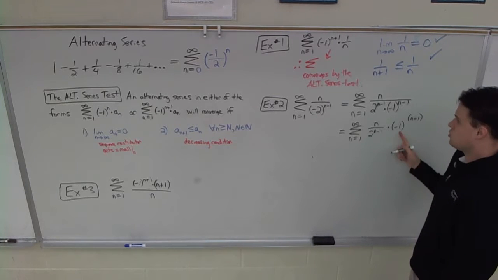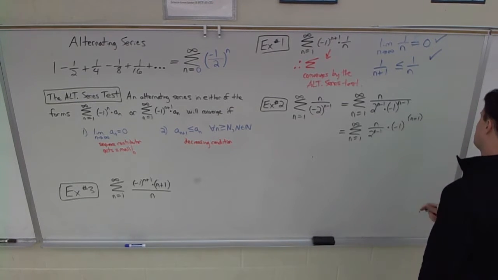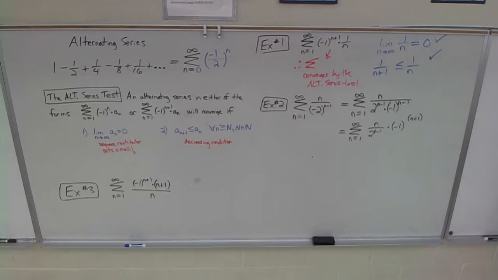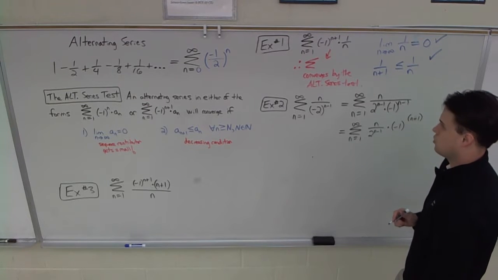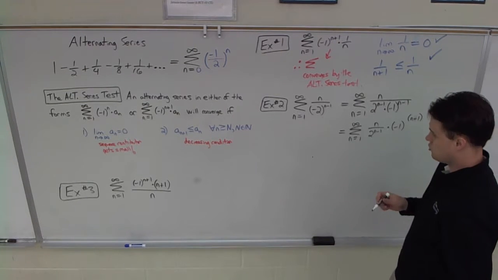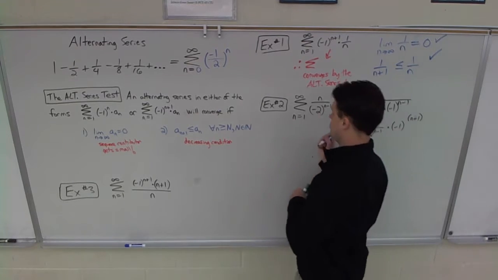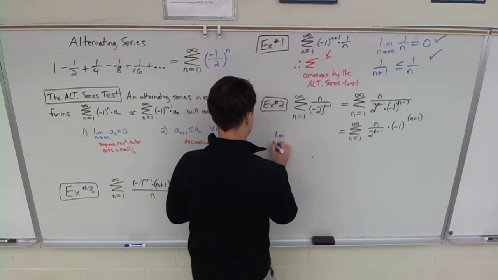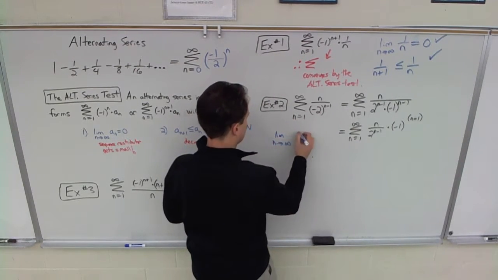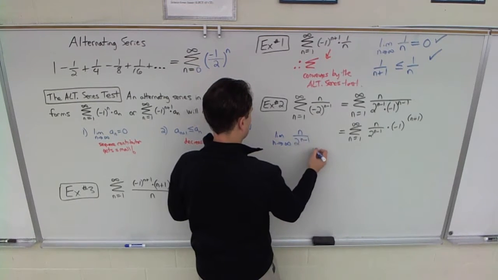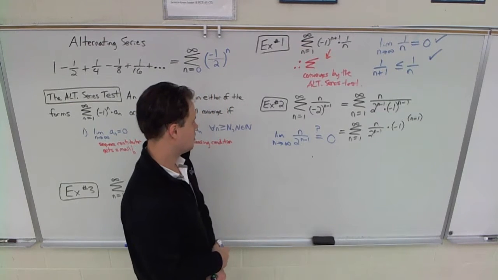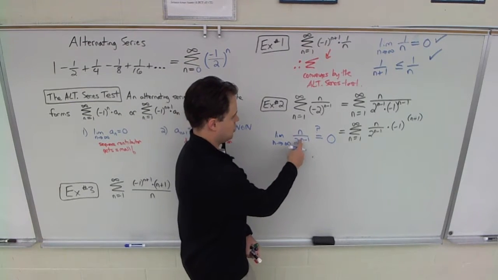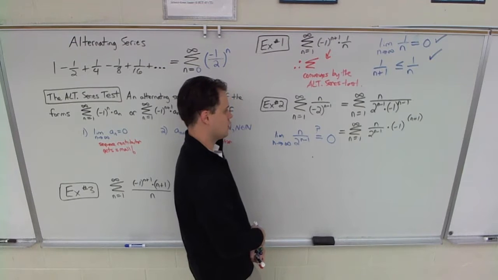Okay, so now we've got it in the form of one of those guys, and I think we should be good to go. It's not exactly like that, but this is clearly an alternating term. So we need to look at the pieces. Condition 1 says that the limit as you approach infinity of the sequence, this part, has to go to 0. Question is, does it? This is an exponential function. It's got a little bit of a shift, but of course that goes to 0